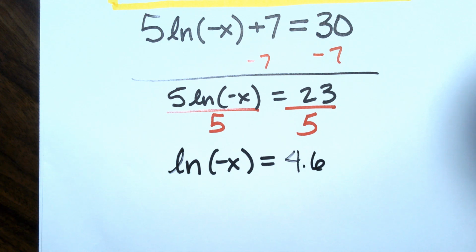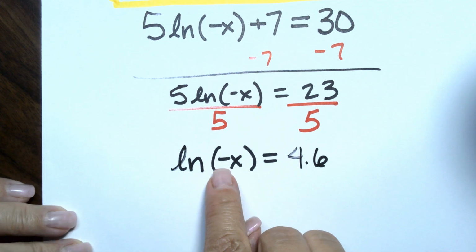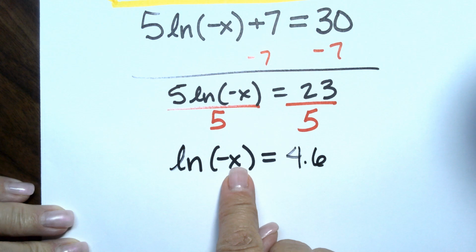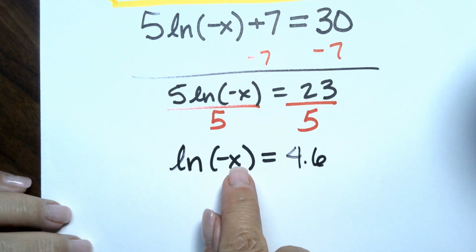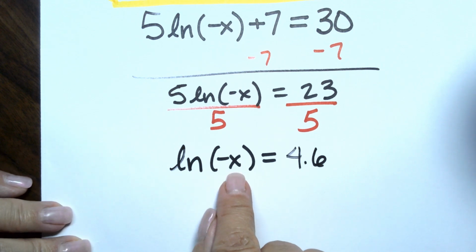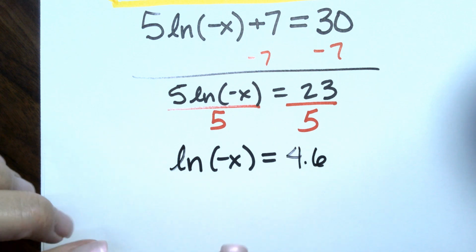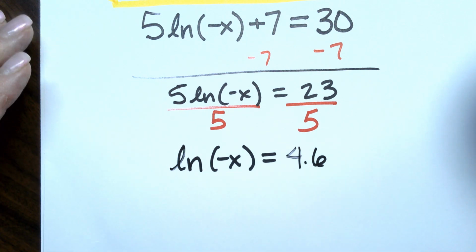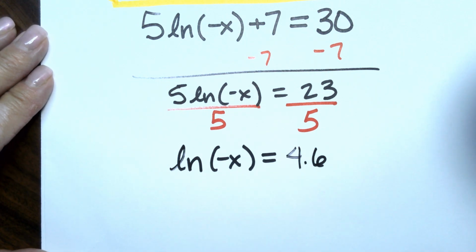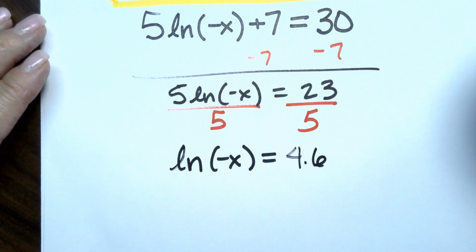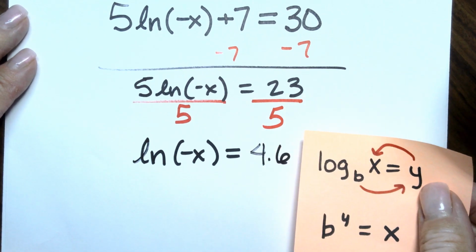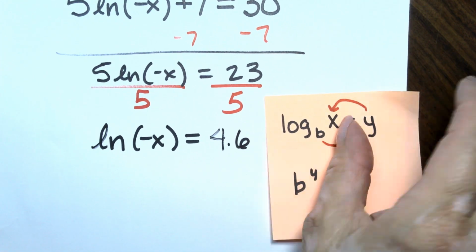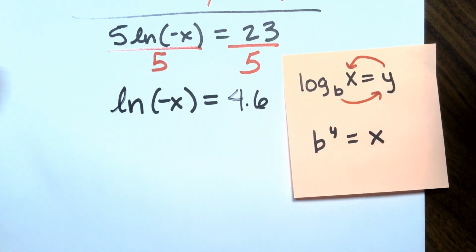Like you can't take the natural log of a negative number, but if we get a negative number as an answer, this will be okay. So I'll show you once we get to the end. But here's the part where people get stuck. So this is the part we have to go over again, and I'll show you a trick for remembering